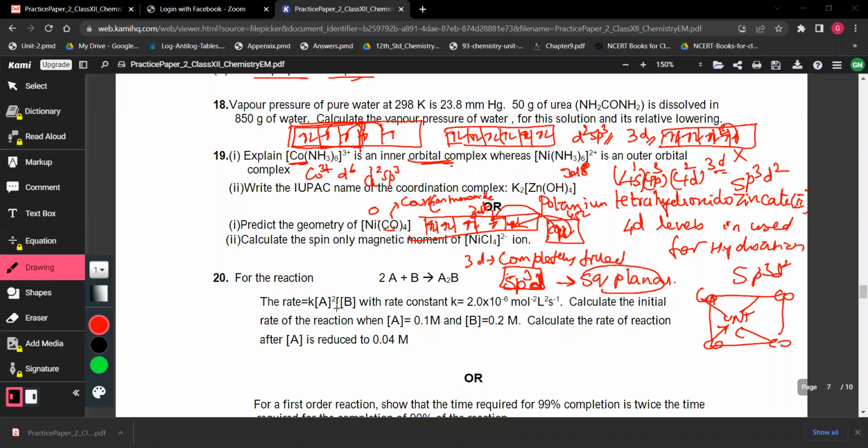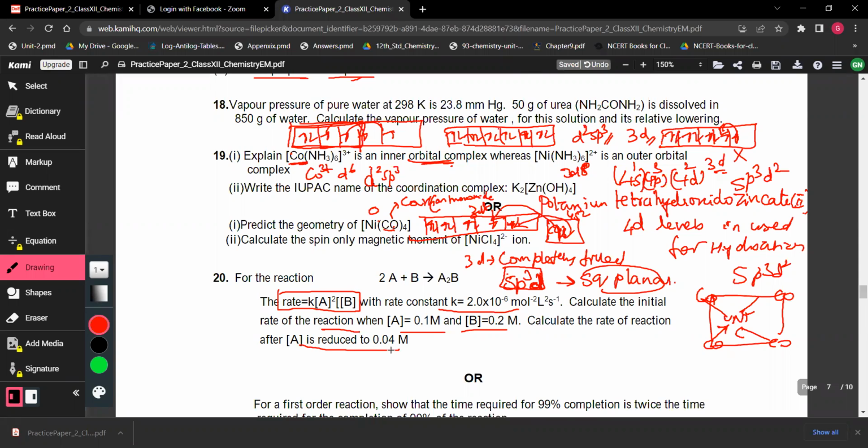For the reaction, the rate equation is given. This is the rate law expression, or the rate equation. The rate constant value is given. They are asking you to find the initial rate of reaction, where the A concentration and B concentration you have to take as given, and then calculate the rate of reaction after A is reduced to